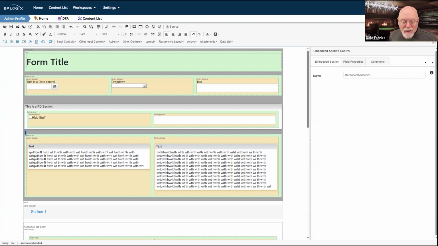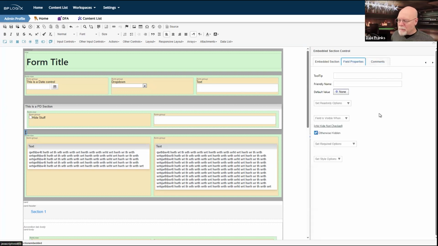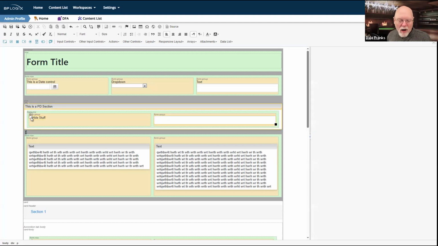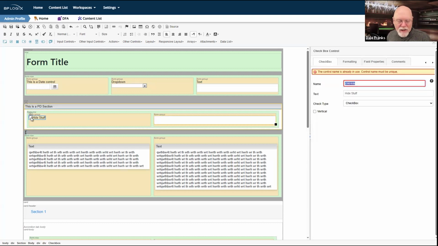But I've got an embedded section control here, and the way that this embedded section control works is it actually has a little condition on it where if the check hide is not checked, the field is visible. So I've got this embedded section control that I want to show and hide based on the value of this hide stuff control up here at the top.